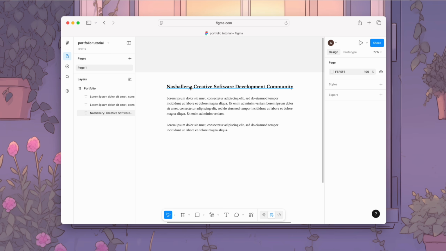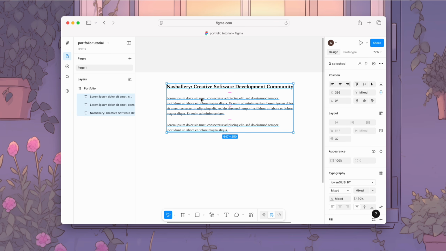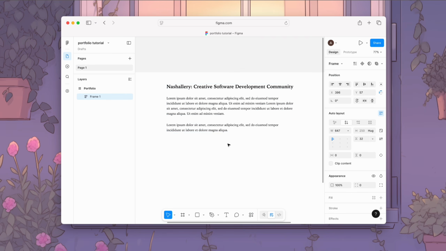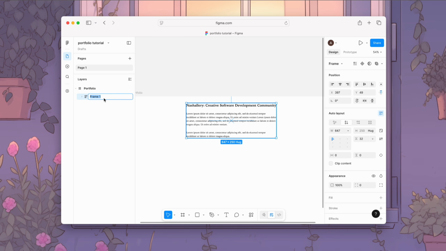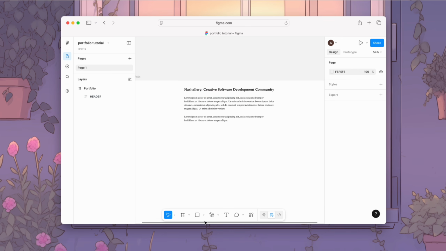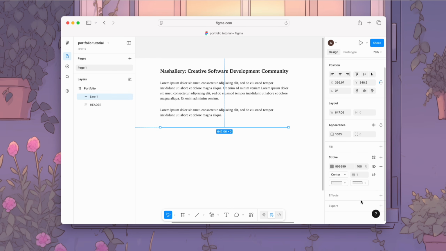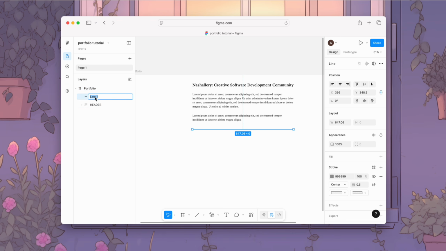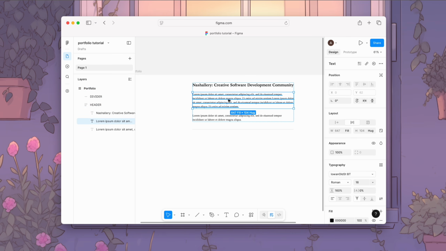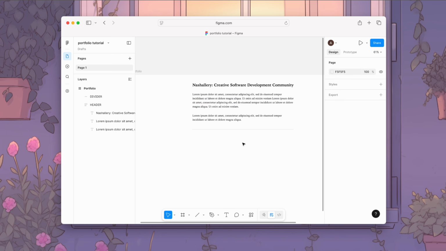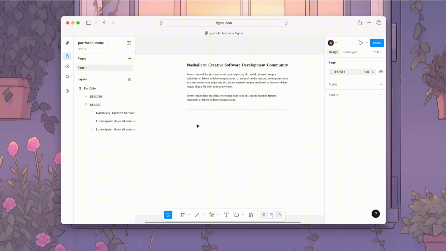What I'm going to do is select all of them, right click, and then add auto layout, and then I'm just going to name this header. The next thing I'm going to do is add a divider line. I want it to be a little lighter, so maybe gray, and then maybe a little thinner, something like that. I'm just going to name this divider, and then I am going to make a section where my projects are